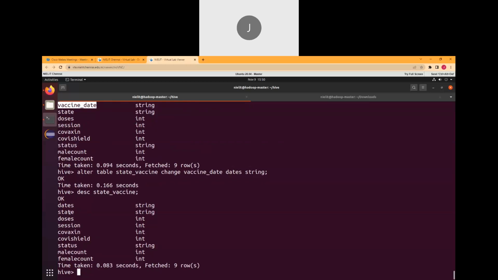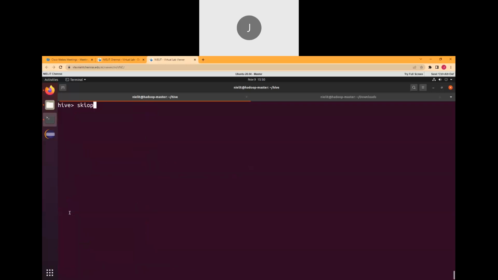Okay, so there is something like skip.header.line.count one. What that property will do is that in the table properties you can set something like skip.header.line.count. If you set this one, then it will remove the first line, which is normally in our CSV file, the first line is a header, right? It contains the column names, so that it will skip it. Okay, for processing, if you wanted to skip it, how we have to do that is